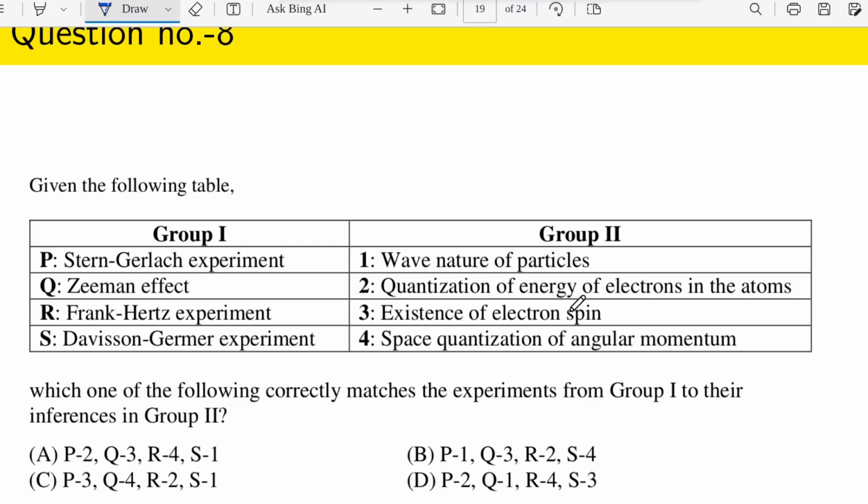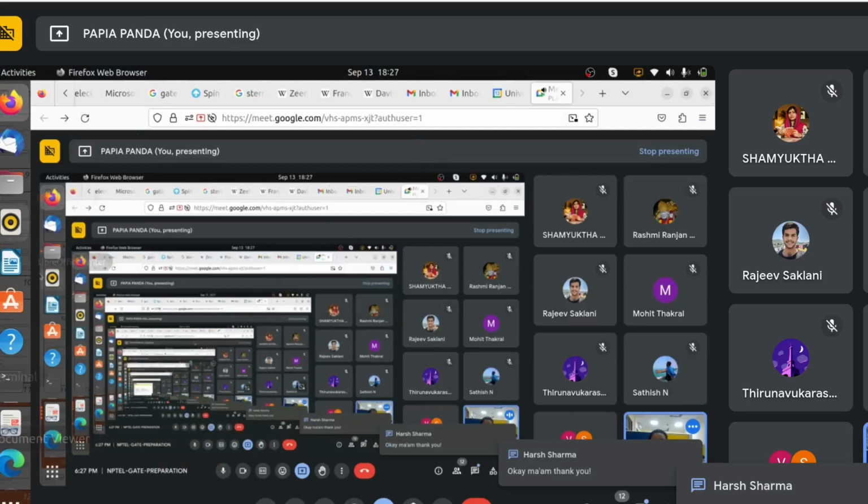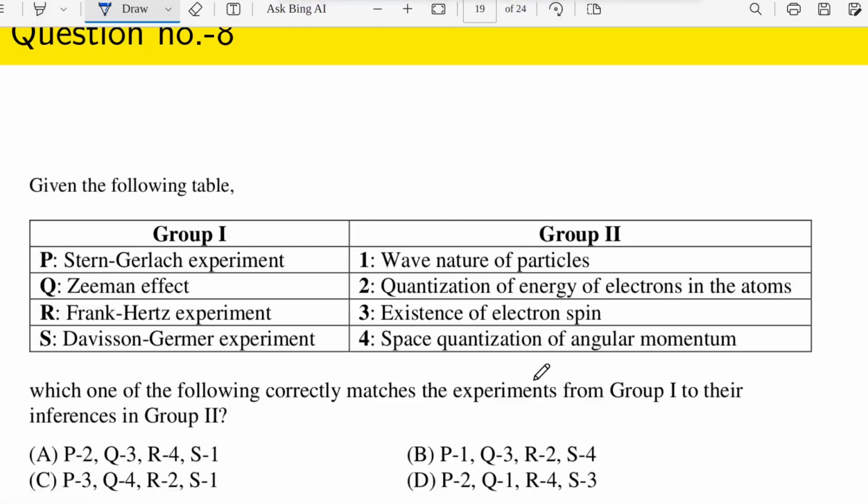And also there is one drive. In that drive also I am going to share these PPTs, so that all of you can access them. So maybe you can have access to that Google Drive also.